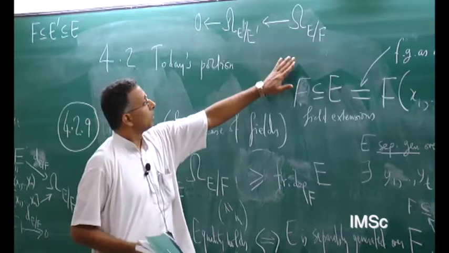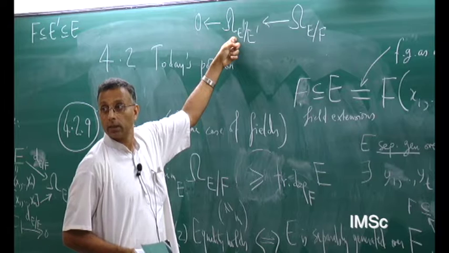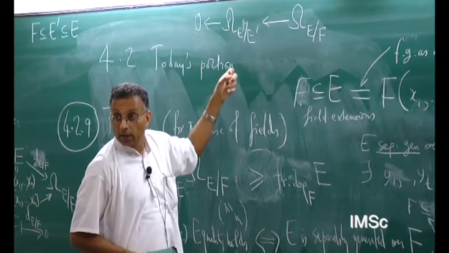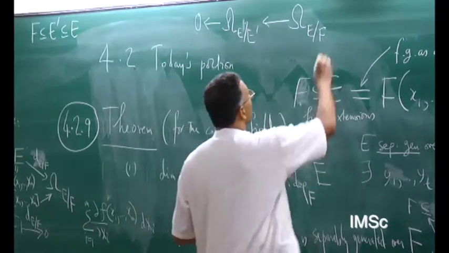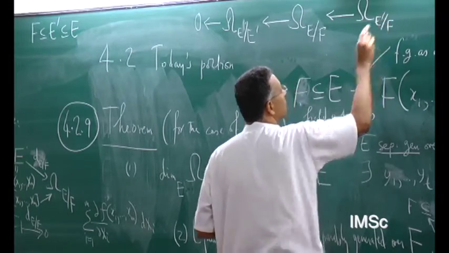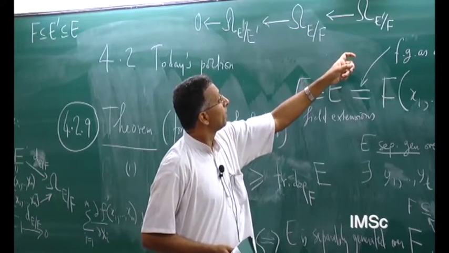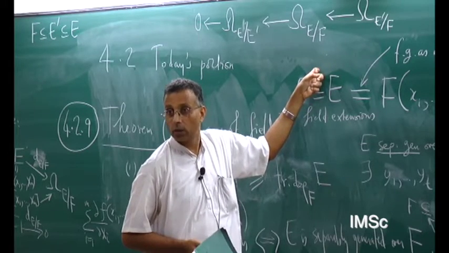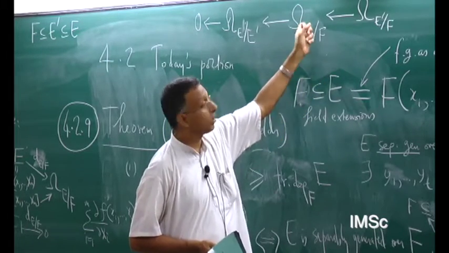How do I get this? There is an E prime derivation. An E prime derivation is definitely an F derivation, and therefore by the universal property there is a map here, and then you have E prime over F. Once again, E prime to E is an algebra inclusion, and this is an F derivation. This is an F algebra inclusion, this is an F derivation.